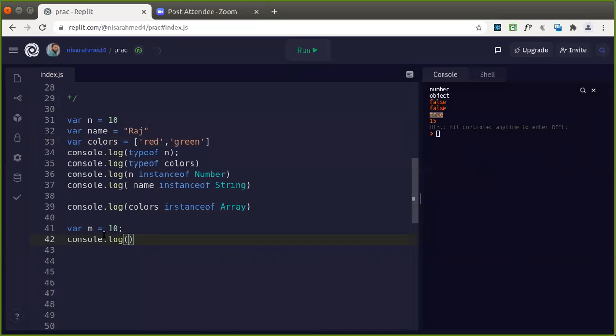Now if I want to use that m and perform any operation like number functions, isn't it?